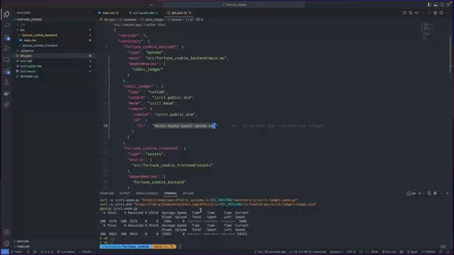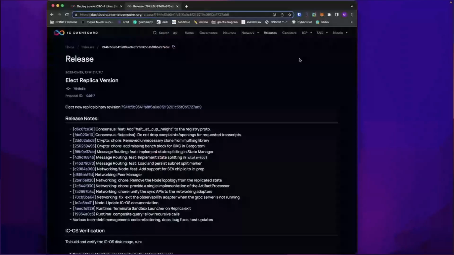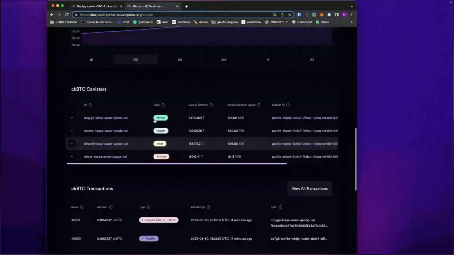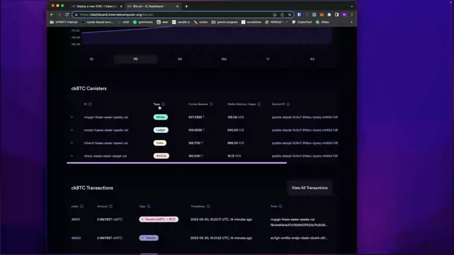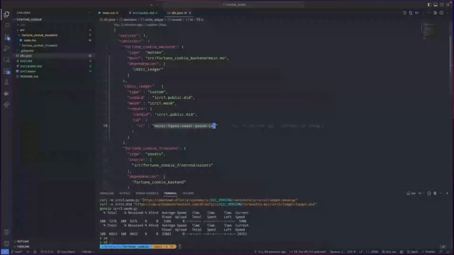If you're wondering, hey, how do I know the canister ID of the ckBTC canister, you again head over to the dashboard, you go to Bitcoin all the way to the right, you click on overview, you scroll a little bit down, and then you actually see the ckBTC canisters, so all the canisters that belong to ckBTC. And here you see the canister ID of the ledger, and that's exactly what we added in here. All right, so when you deploy the ckBTC ledger, we have to provide a couple of